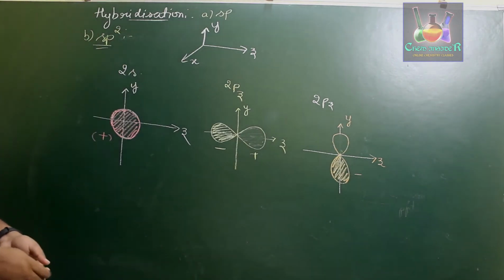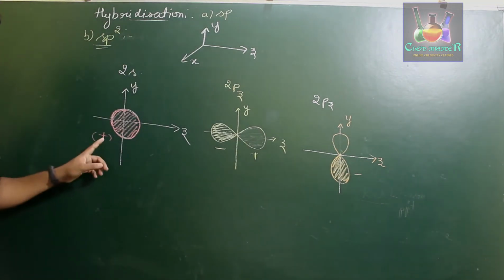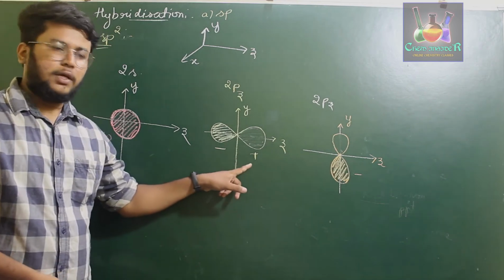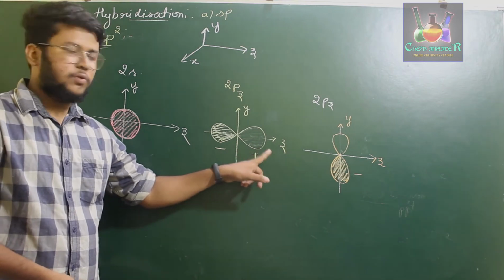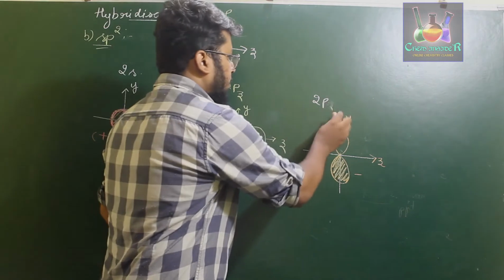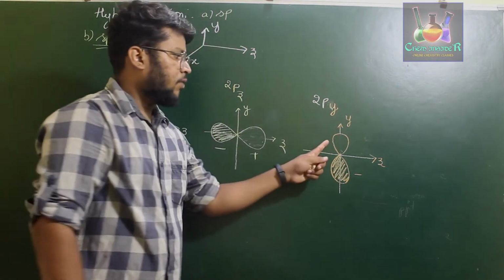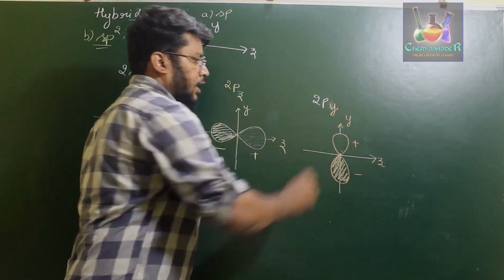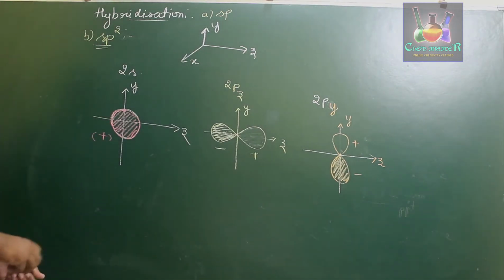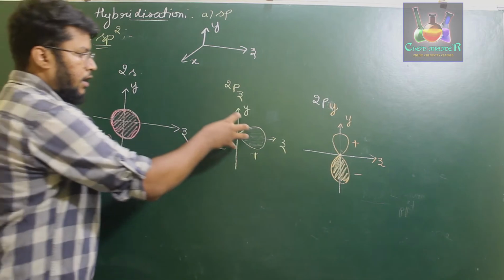Now if you consider these three lobes, the s orbital will always be positive, the p lobe will have two ends, one positive and one negative. Similarly the py orbital will have one positive end and one negative end. As I explained in the previous video, when you take a positive end and add these two,